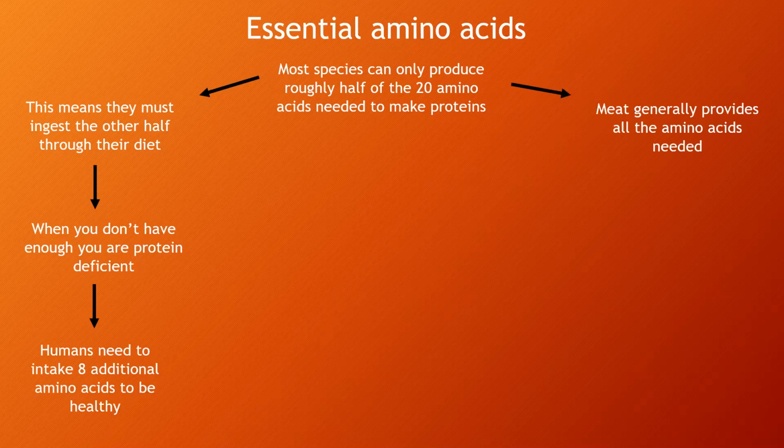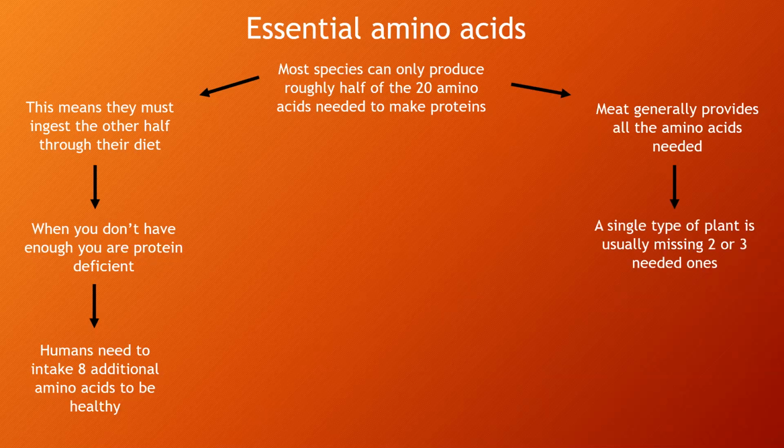In terms of where we get these amino acids, meat usually contains all of the amino acids you need, because organisms that are eating meat that are higher up on the food chain are generally eating other organisms, so they're getting those essential amino acids that they need in order to survive, and then they're storing them in their own skin or fat. And so if you eat meat, you generally can get all of the nitrogen and the amino acids you need,